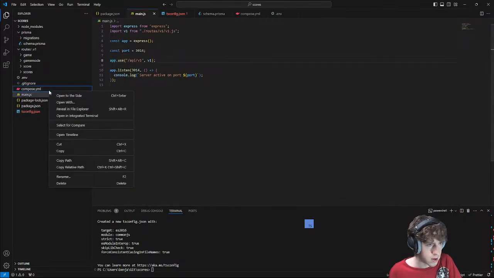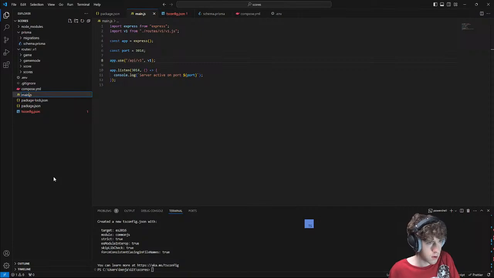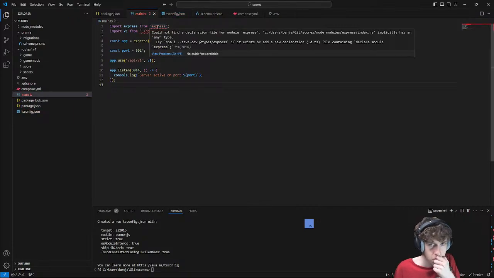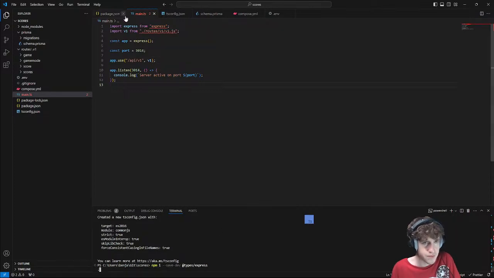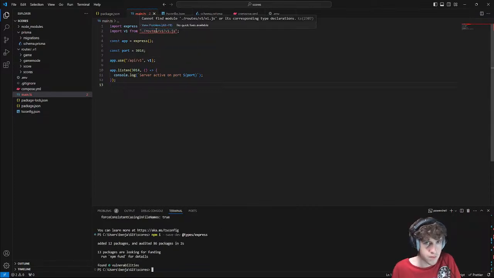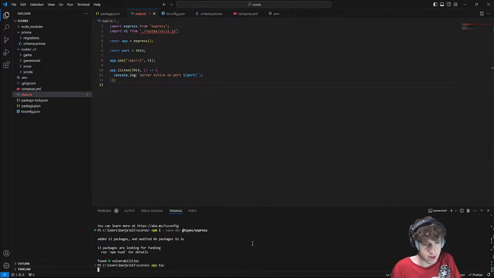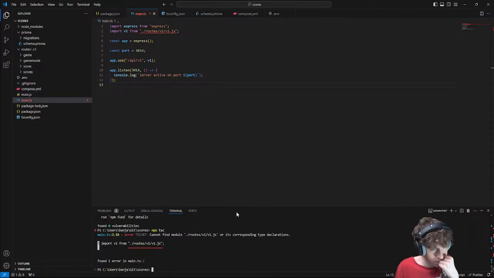Okay, so we have TypeScript. I need to do main.ts. I need to get the types for Express. npx tsc. Can't find module that?